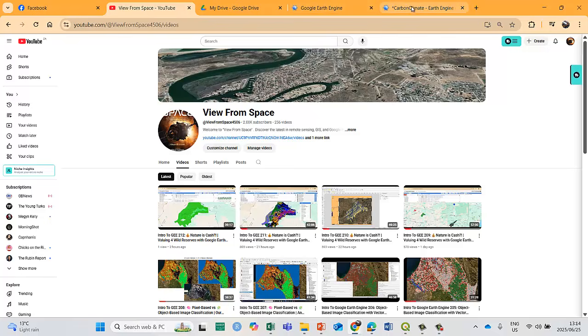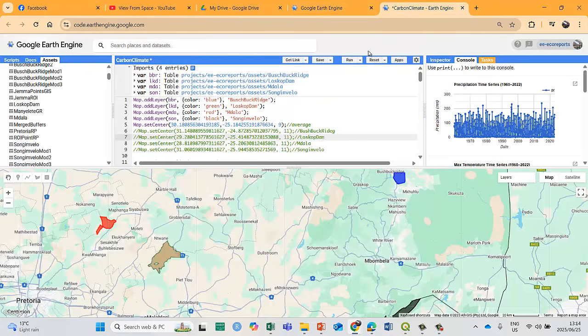I'm already on Earth Engine. We start with our normal process, you should know this by now. We've got our 4 reserves that I brought in as assets, and we map them and center our map, in this case on an average somewhere in the middle, so I don't zoom into each one.